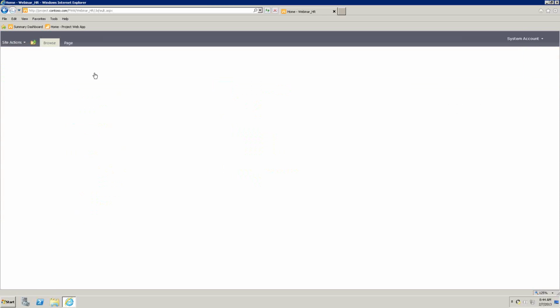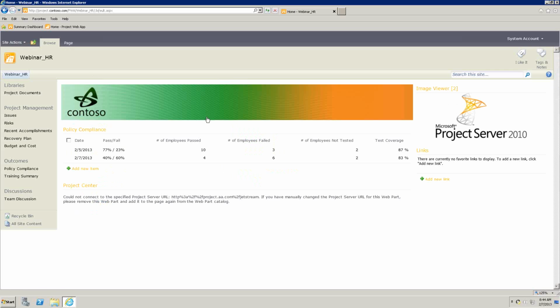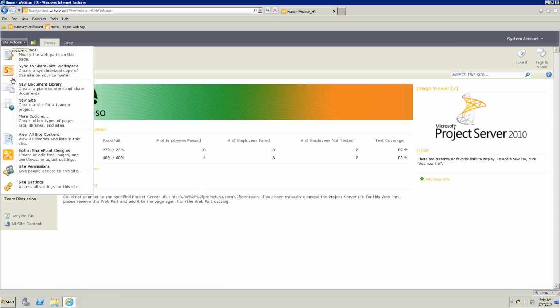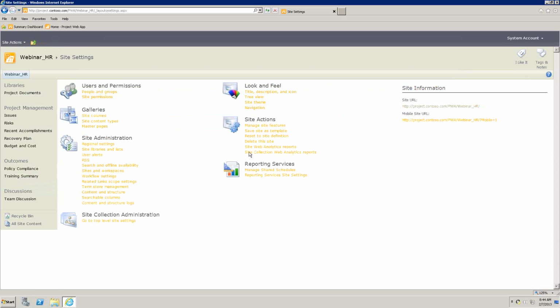So now I've got my new HR site template looking the way I'd like it to look, except maybe I don't want to include this content in it, right? I might want to just leave that content out. So I want to save it as a template now. Remember how we do that? Go to Site Actions, Site Settings, save site as template,